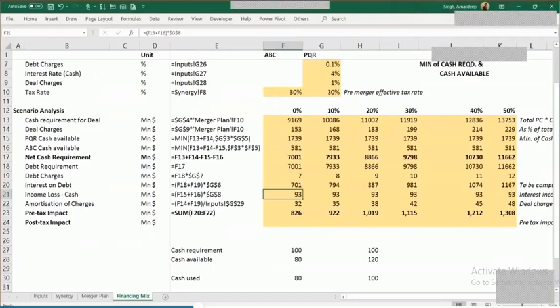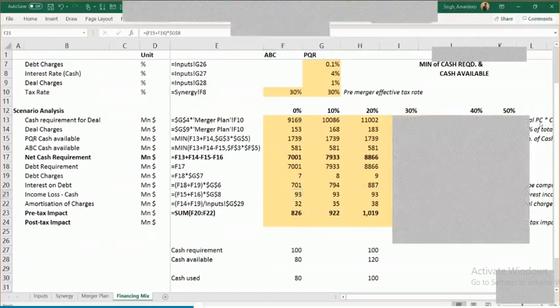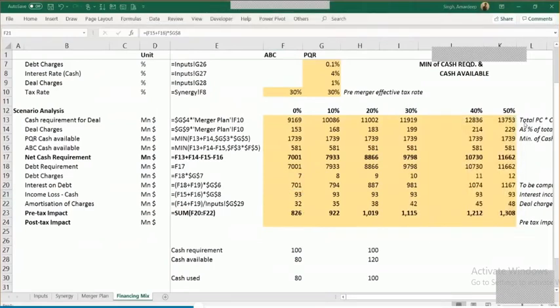All right. So taking all of these together, we have been able to work out the pre-tax merger cost. Now, why is this pre-tax and post-tax important? Because we discussed this point in detail in the valuation topic also. Like we spoke about the interest expense. So when you pay $701 million of interest expense, which you see here, it is a nominal amount, 701. Similarly, 93 is a nominal amount. On a net basis, 826 is the nominal amount of interest expense or loss of interest or the amortization.